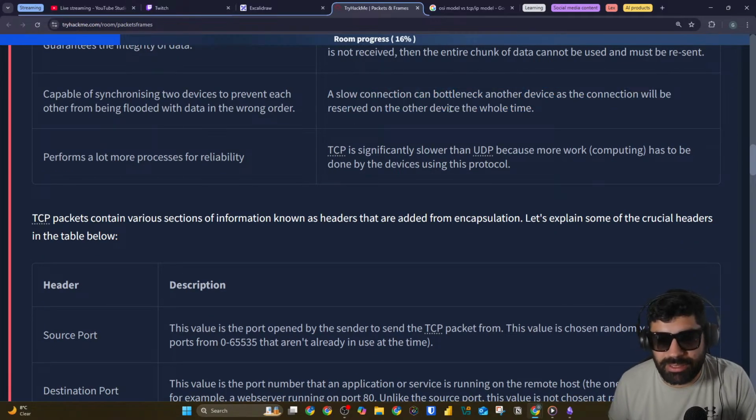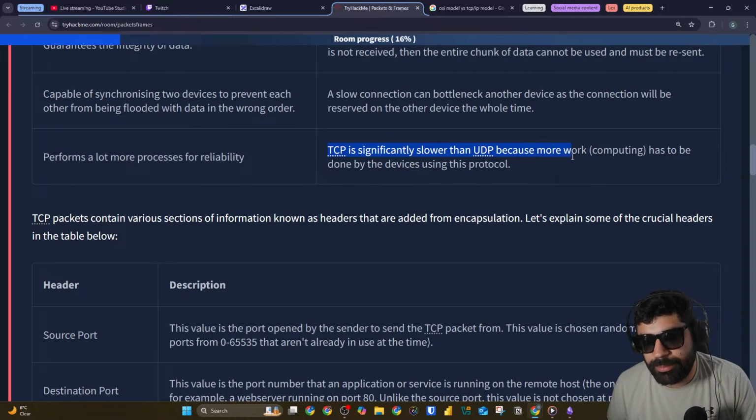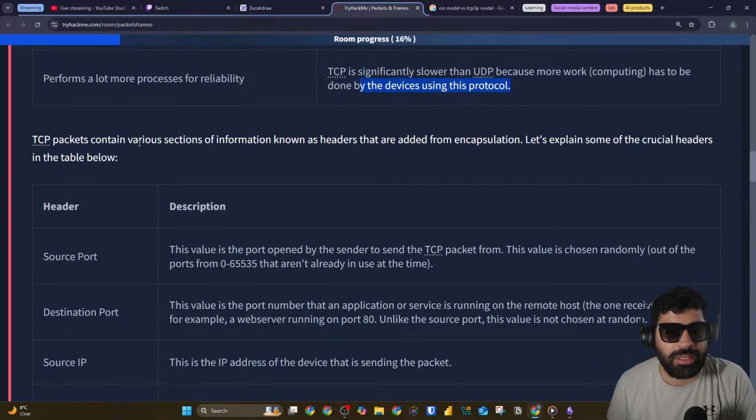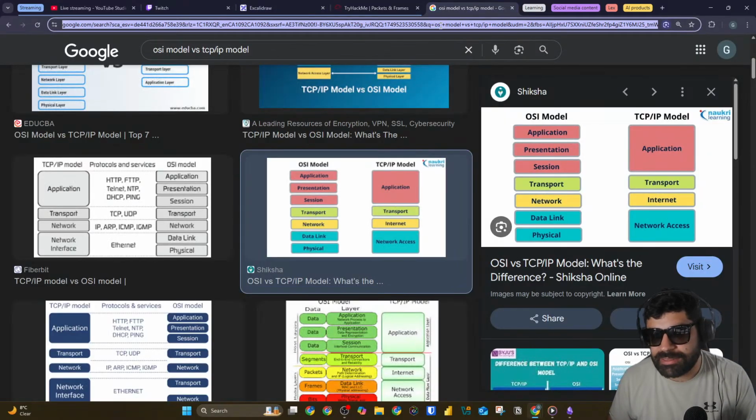Basically, one person can have a connection depending on how good your connection is or network throughput is. TCP is significantly slower than UDP because more work with checksums and all those checks is required, which has to be done by the devices using this protocol. Why? Best example, TCP